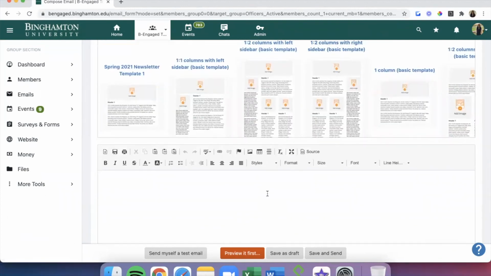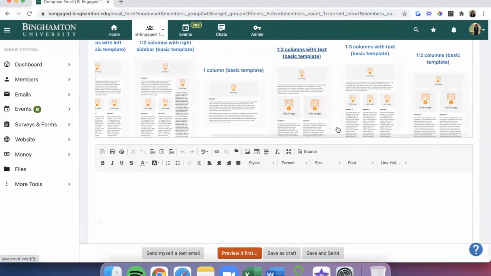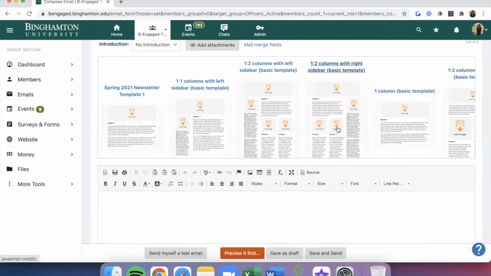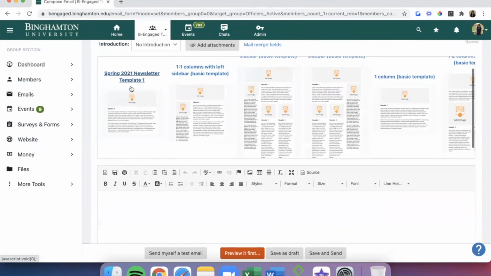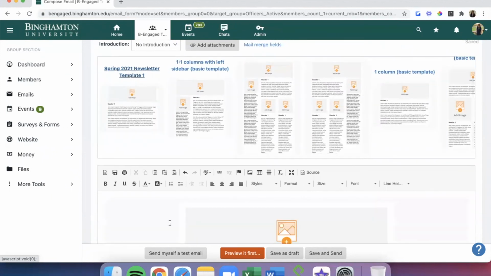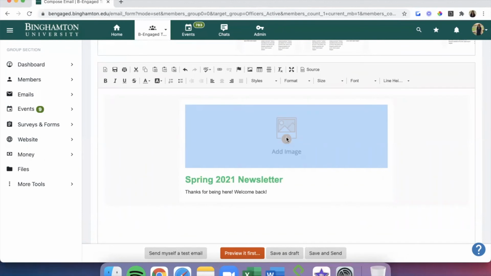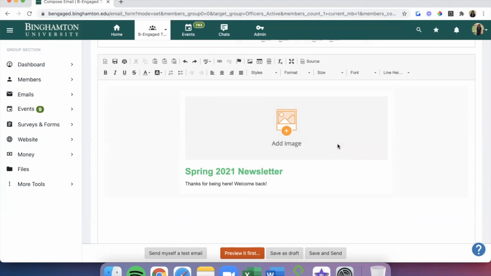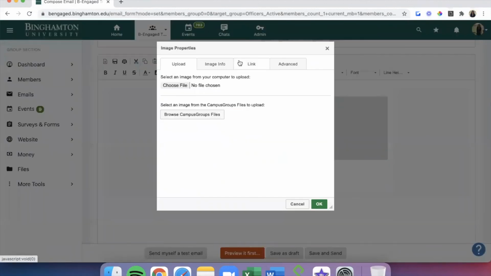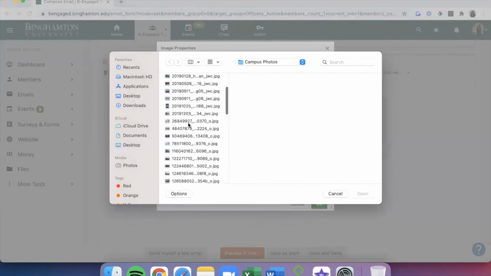Now, right above the text box, you'll see a list of templates displayed. You should see the one you just created at the very beginning, which I see ours. Now we know we created our newsletter template correctly and can proceed creating and sending our newsletter out using this template. For example, if we wanted to add an image to our newsletter, we would highlight this section, click the image option at the top, and under Upload, we'll click Choose File.